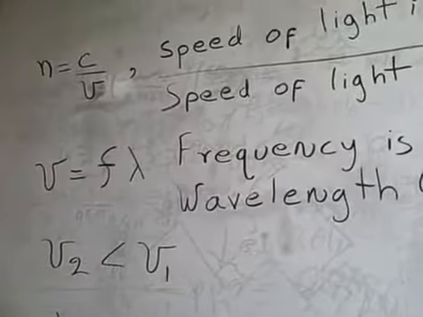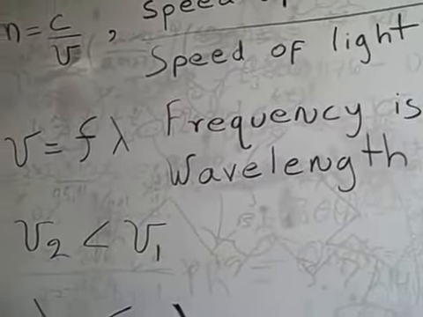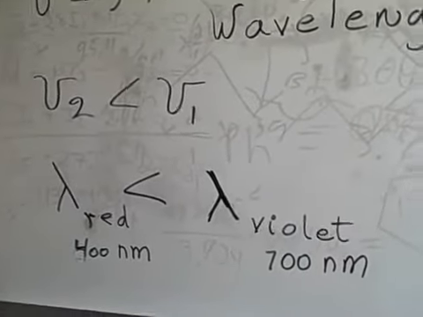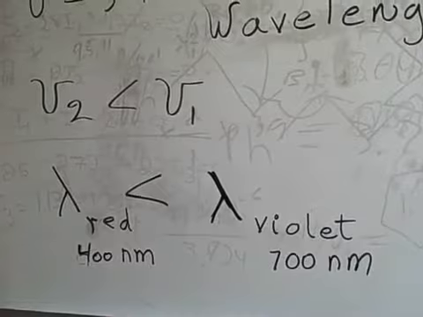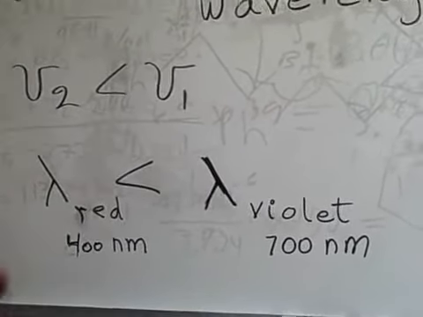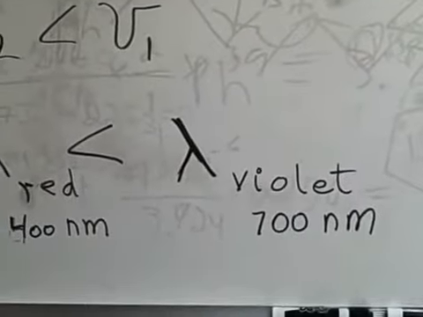This phenomenon is called dispersion. Light of different wavelengths refracts at different angles when incident on a material. The index of refraction, n, decreases as the wavelength increases. Red light, for example, with a wavelength of about 400 nanometers, refracts less than violet light with a wavelength of